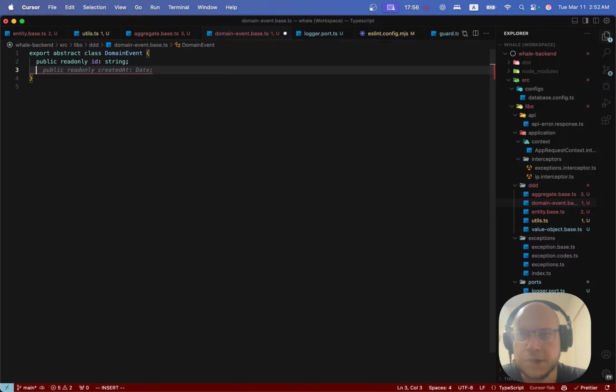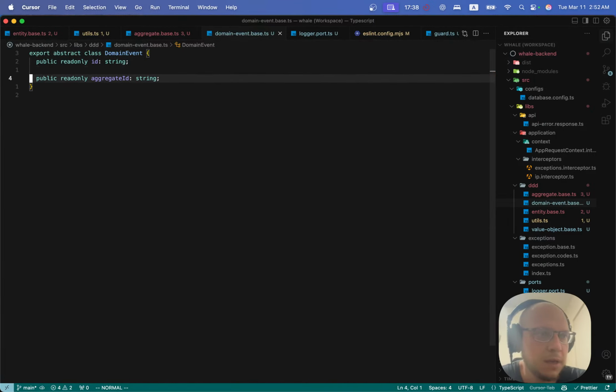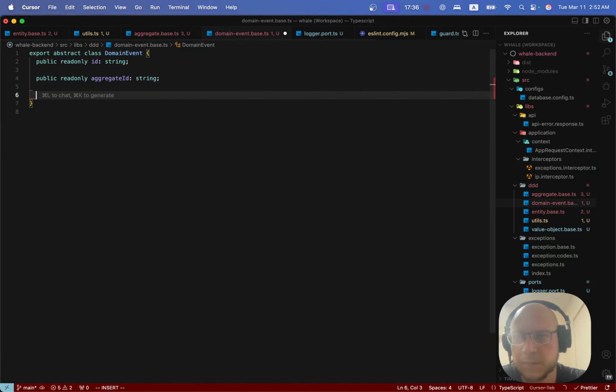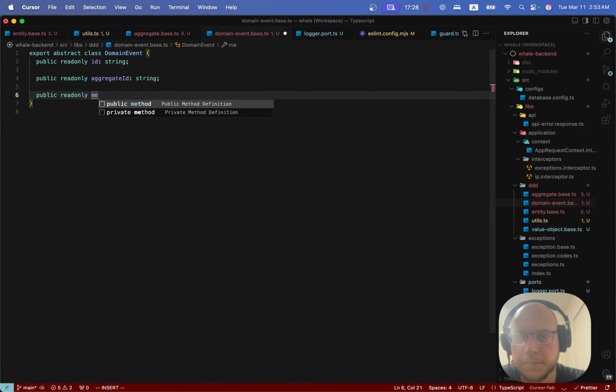Each domain event will also contain the information about the aggregate ID that called that domain event, public readonly aggregateID, like this. And each domain event will also have some metadata, so it will be public readonly metadata